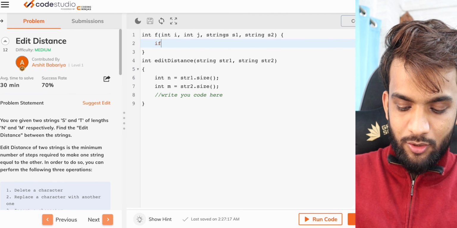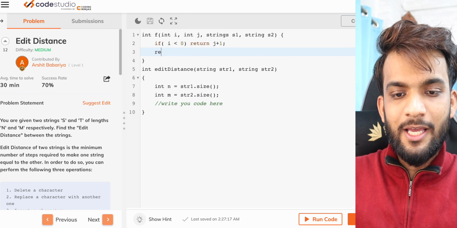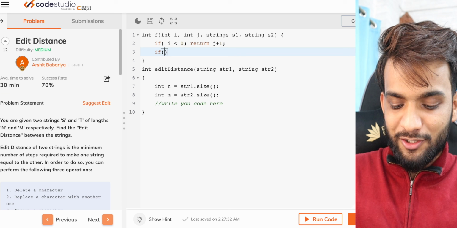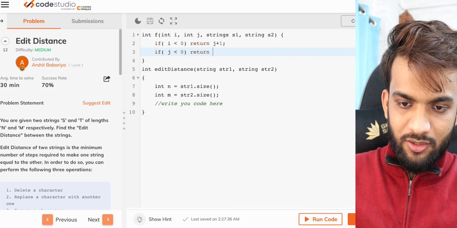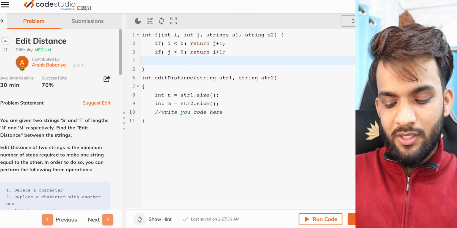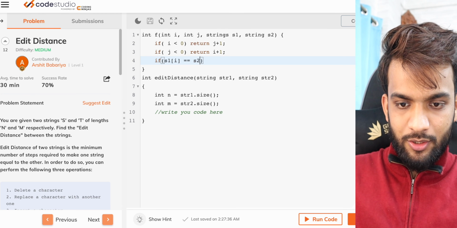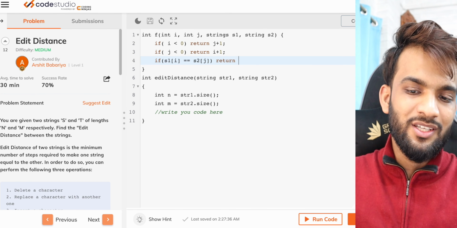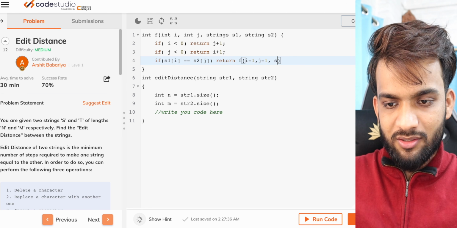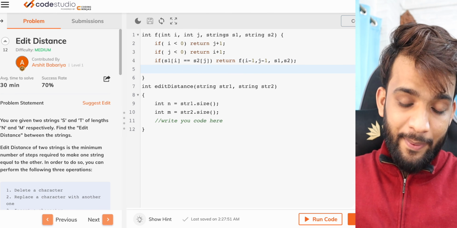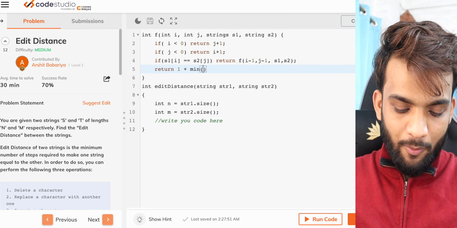Perfect. Now I know the base case is very simple. If one string is exhausted, it's going to take these many steps. If the other string is exhausted, it's going to take another i plus 1 steps. If they are matching, it's going to take 0 steps. So 0 plus f of i minus 1 because they're matching. So let's not do anything. If they're not matching, then I know it's going to take 1 plus minimum of, there can be 3 operations,